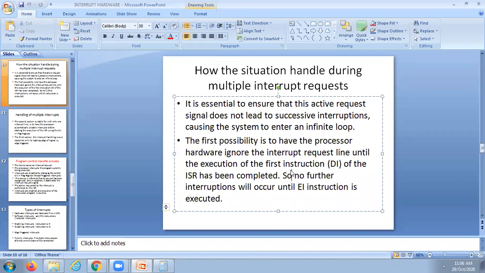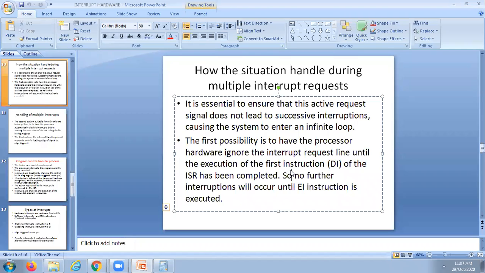Suppose there are 3 interrupts, whatever the first interrupt is attempted on the INTR line for service of the CPU, that is to be considered, and till the first instruction of that ISR is executed, no other interrupts are handled or considered. That logic you need to implement in the hardware. That is the meaning of this.